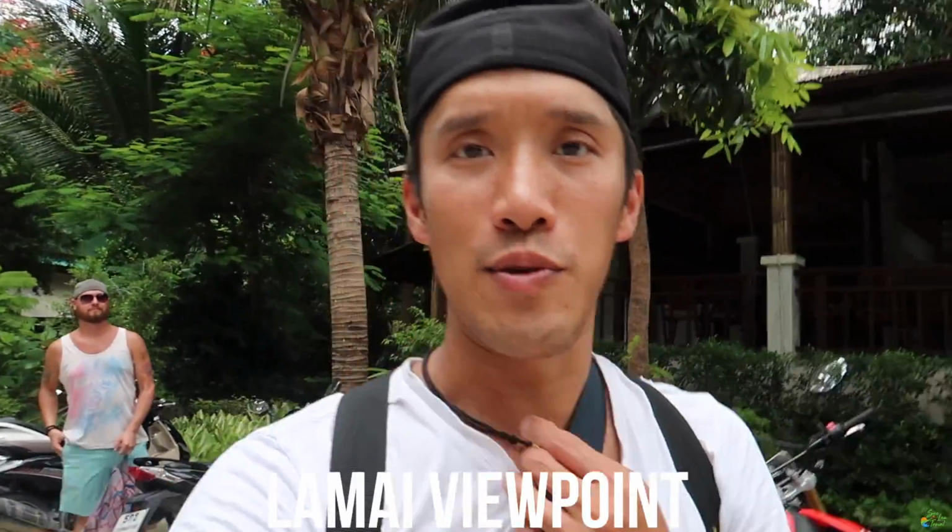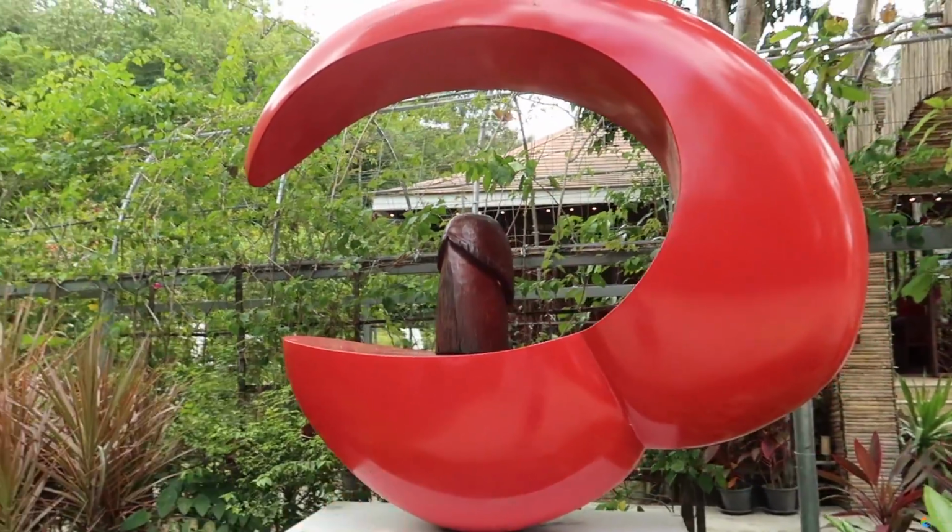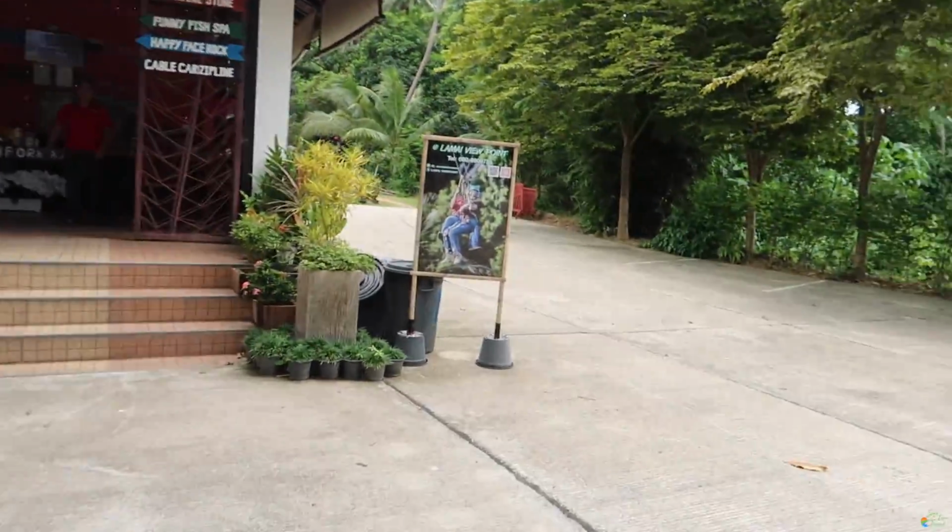Woo! All right, so yeah, Lamai Viewpoint is one of the nicest viewpoints out here in Koh Samui. There's a restaurant up there, there's ziplining adventures. Let's see what's in store for us today. Oh, look at this beautiful architecture. I don't know what it means, but it's beautiful. All right, this is nice. So it looks like they have